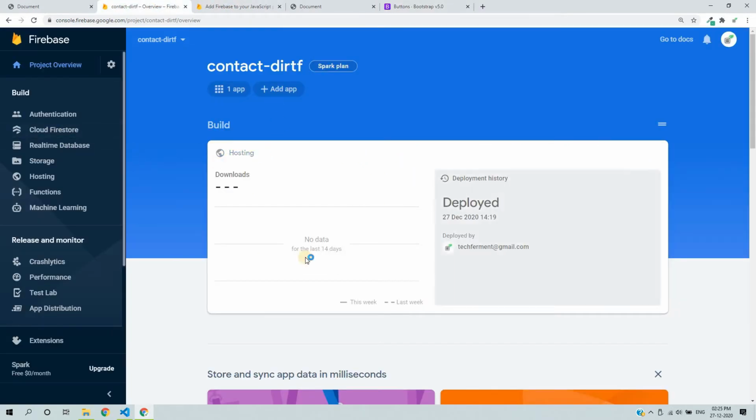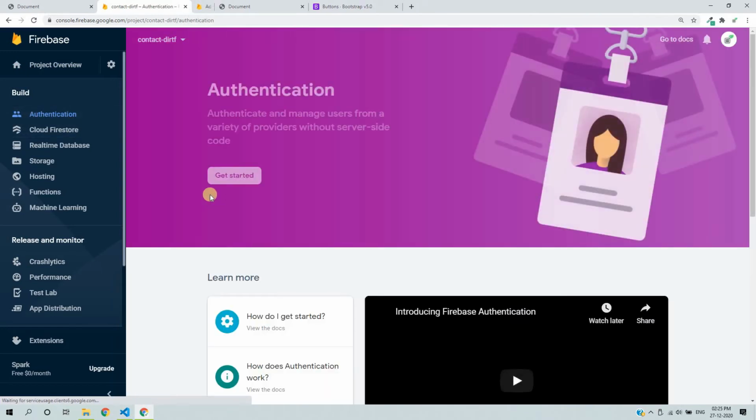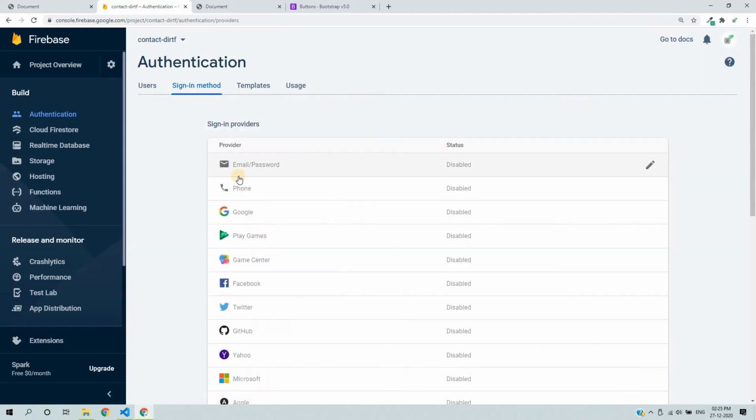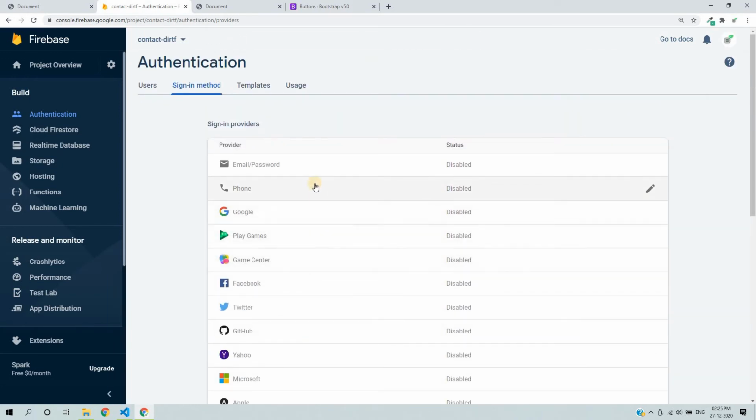So we'll go to the Firebase project dashboard again, and then we have Authentication. So we will click on the authentication part, and then click on the get started button. Okay, so there are a number of methods we can use for authenticating users. You can use email password authentication, phone number authentication, or you can add users with a Google account, or Facebook, Twitter.